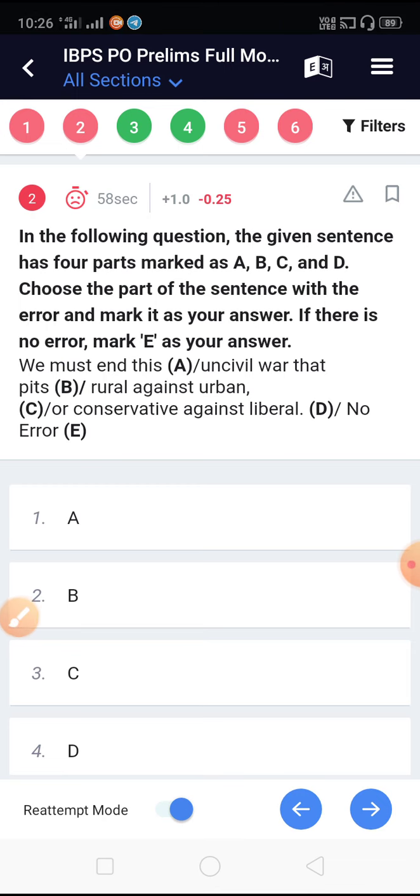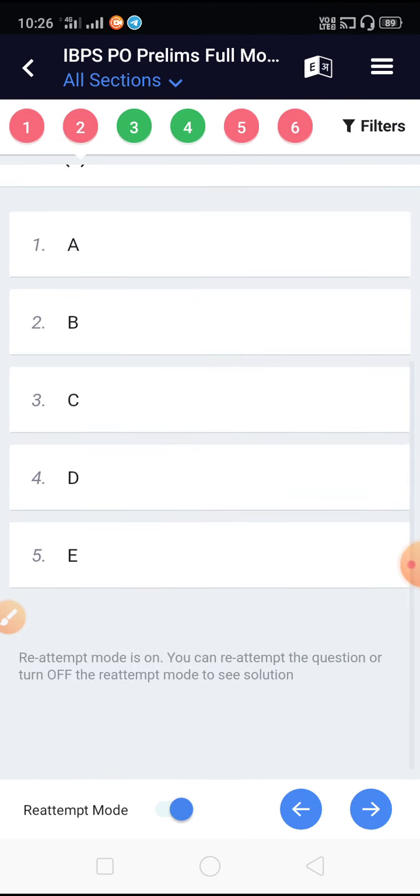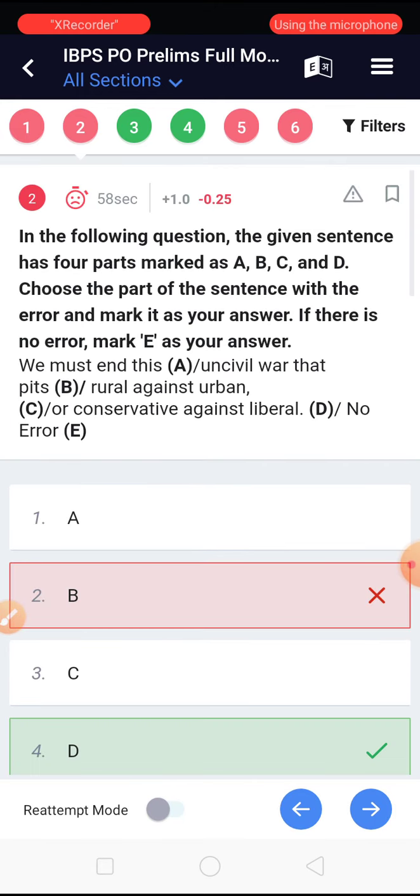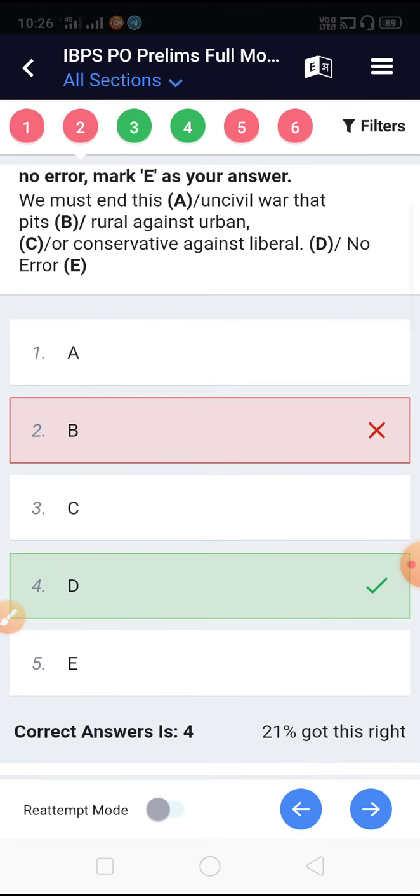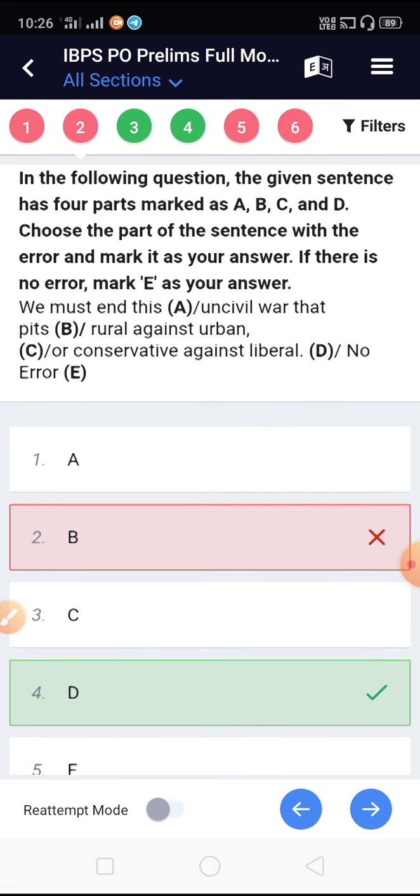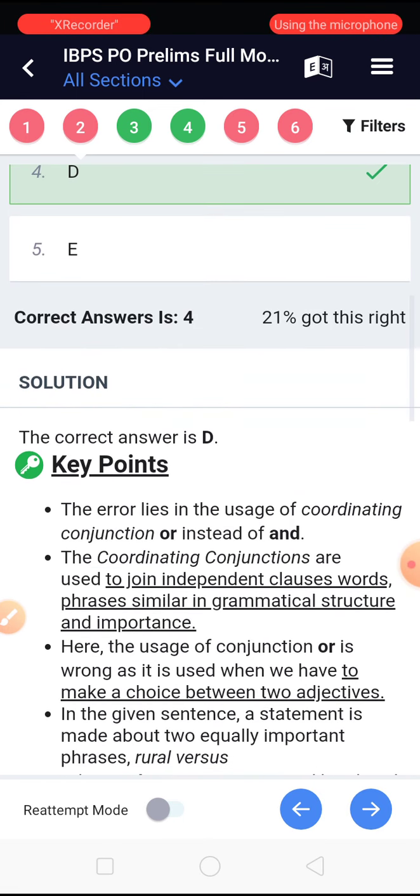We must end this uncivil war that pits rural against urban or conservative against liberal. No error. तो देखते हैं. सही. तो सही में डी में गलत है. तो डी में देखते हैं क्या लगेगा. The error lies in usage of